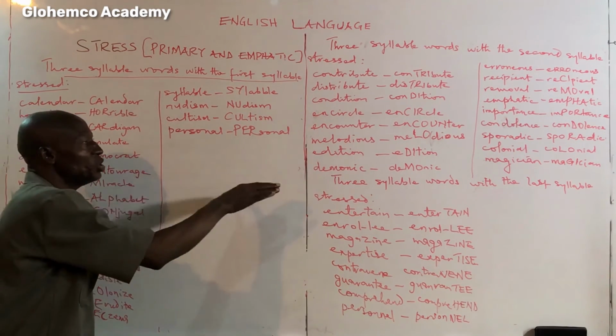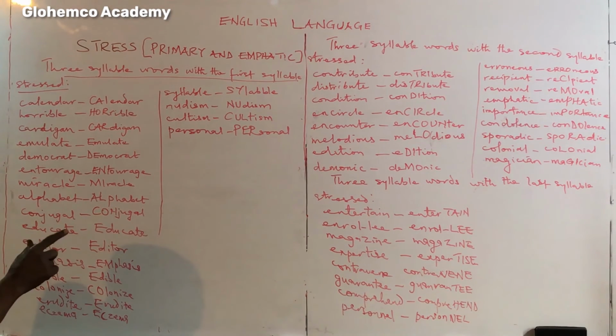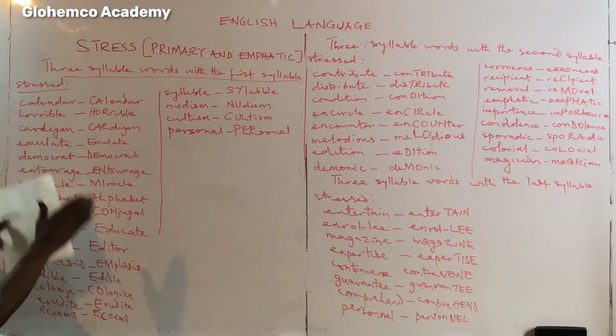to pronounce each of them very well. Failure to do that, you will miss the answer. You can't just guess. Or anyway, you can guess and get it, but that's guesswork. But once you study it, it becomes very easy. 60 questions, you can do it under 30 minutes. Although it's 45 minutes, you can even do it under 20 minutes. It's very easy to understand, if only you can